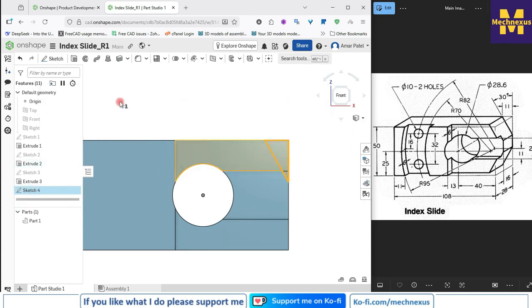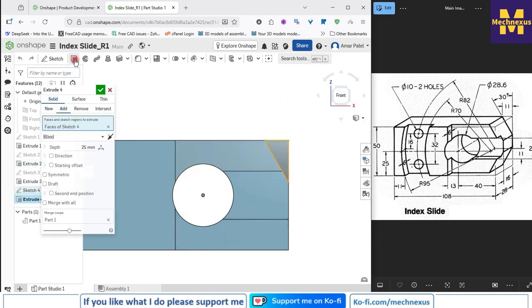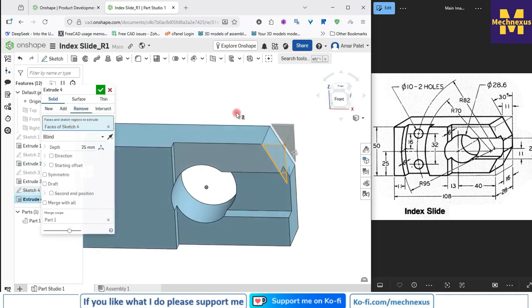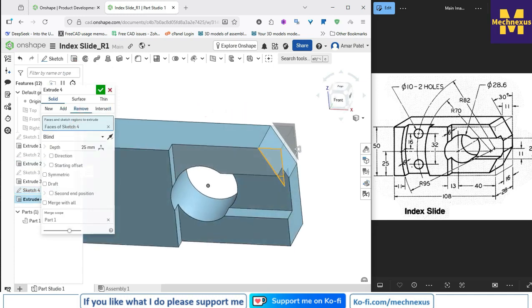Now select the sketch, again go with extrude and go with the remove option, rotate our model, and here you can see that material is removing